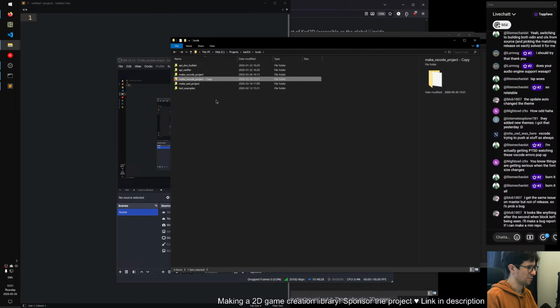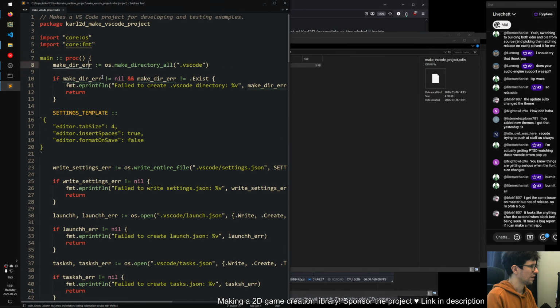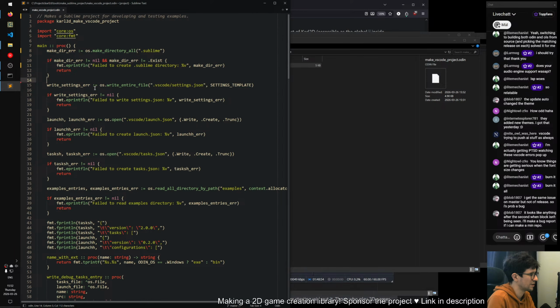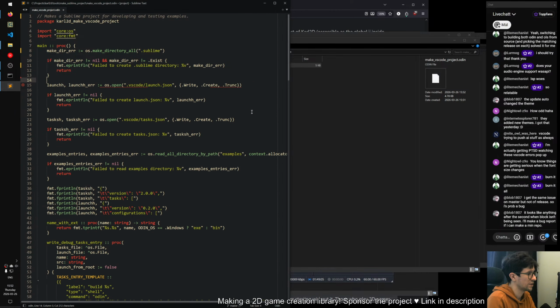Let's take the make VS Code project file, make Sublime project. These files are just for developing the editor. So make a Sublime project for developing and testing examples. Fail to create not Sublime directory. Settings template, don't need that. Always write entire file. Dot Sublime. We don't have the settings. But oh yeah, a Sublime file is just